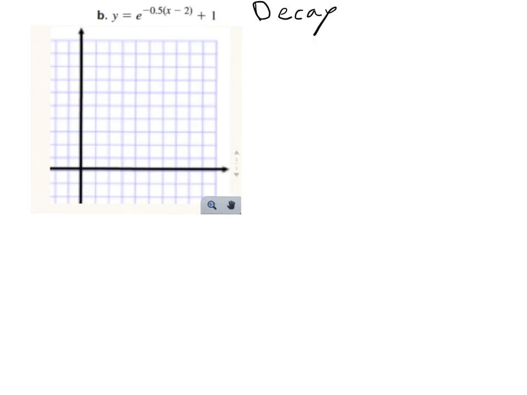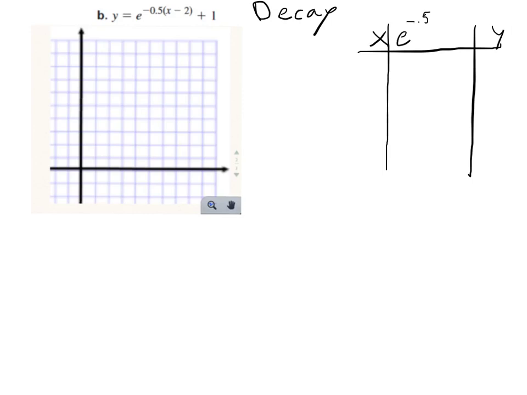Alright, and again we want to create our XY chart, and we get e to the negative 0.5 x. So this is our OG, because what I'm doing is I'm writing the graph without my h and k. So I'm going to circle my h and k so that you can see I'm writing my equation without that part of it, because we need to graph that part first, our OG, and then shift our OG, our original